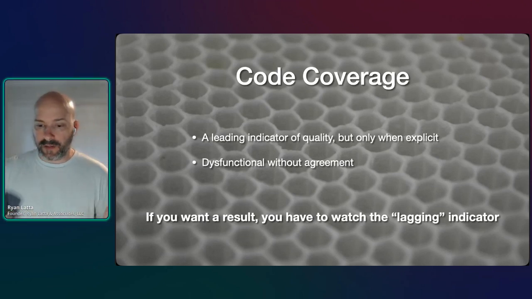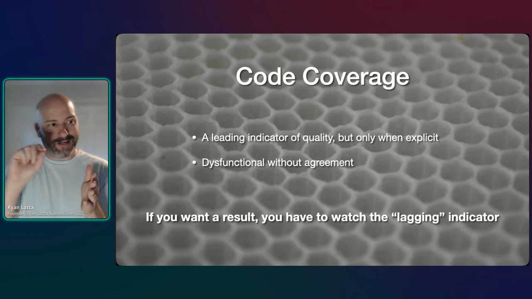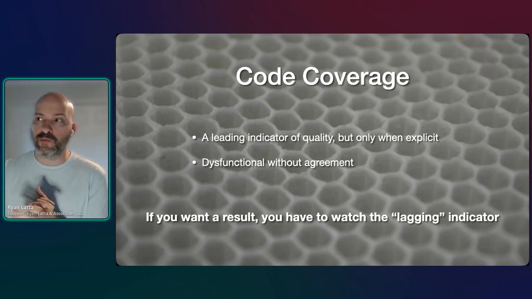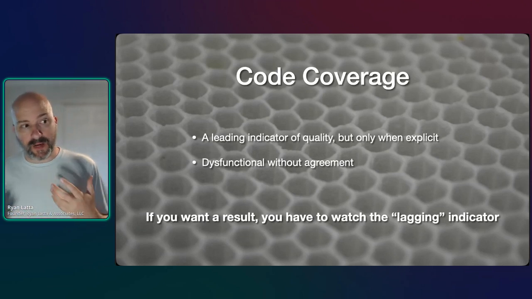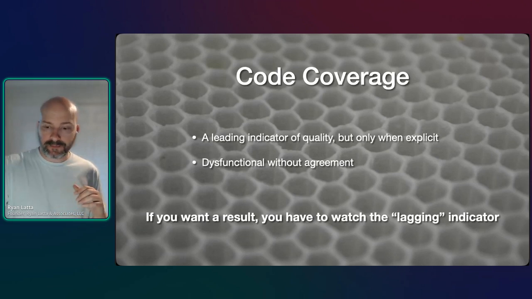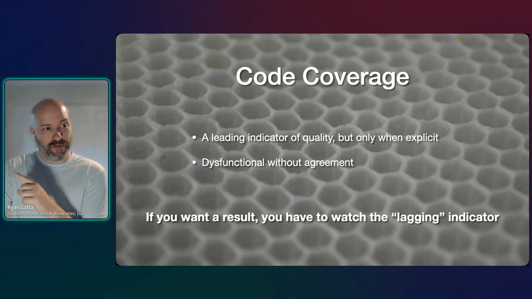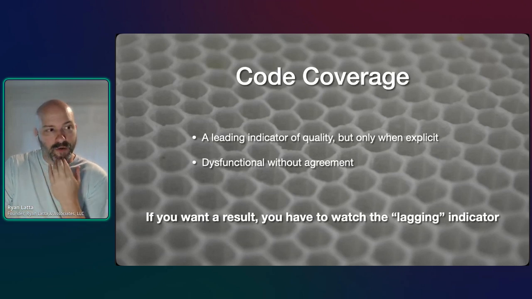The other thing about leading and lagging indicators is leading indicators don't force the result. They're more like a correlation, a dotted line, an influence, which means it may or may not work out that way. There's lots of reasons why it may or may not. But if you don't watch for the result that you want, you probably aren't going to see it happen. You have to see if that influence holds.